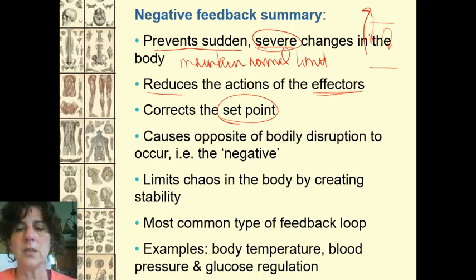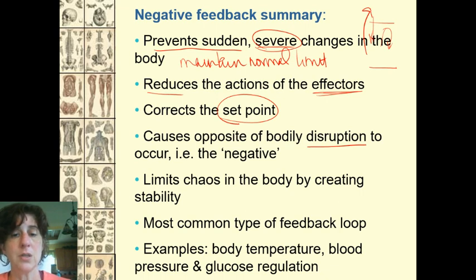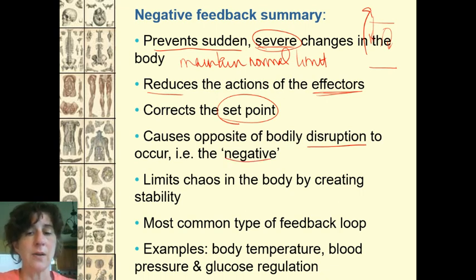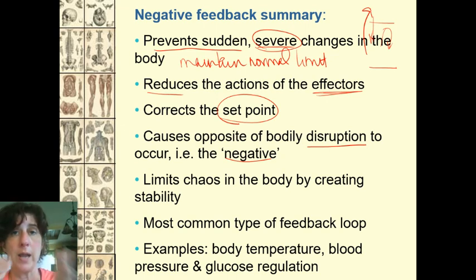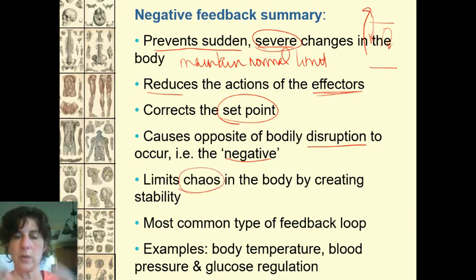Always correcting to that set point, 98.6 degrees Fahrenheit, 37 Celsius, or 7.4 on your blood, sort of within that range. So always correcting back to that by making these minor adjustments all the way along the way. You're keeping your body from being disrupted. So it's the opposite of disruption. That's where that negative comes back. We're always going, if we go one way, we go opposite direction. So you're opposite of too far away. I'm not getting too hot. I'm just getting a little warmer and a little cooler and a little warmer. So opposite of disruption, okay? Limiting that chaos. You don't want to get too far out of norm. You're trying to stay at normality all of the time. Stay some sort of stability within your body.